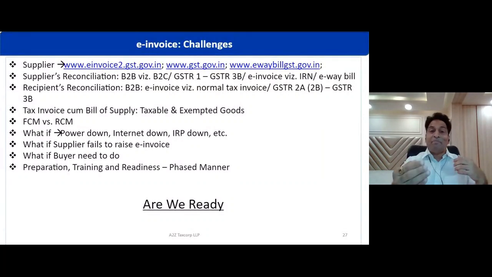And I've told you that amendment can't be done on IRP. It needs to be done on the GST portal. Cancellation can be done within 24 hours, but subject to whether an e-way bill is generated and the goods are in transit. So it is subject to reconciliation, and this is the case with the e-way bill also. So an e-way bill would be required even for B2B and B2C having value more than 50,000. Just imagine the kind of reconciliation and compliances to be undertaken by the supplier, and that too on three different portals.